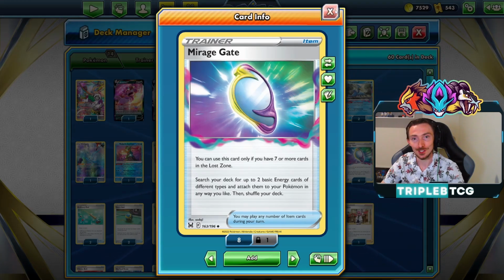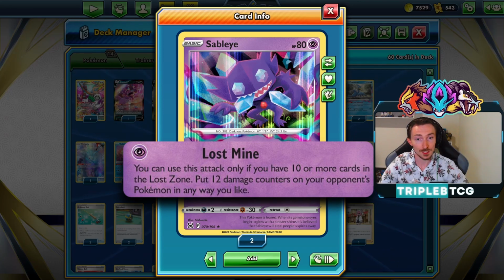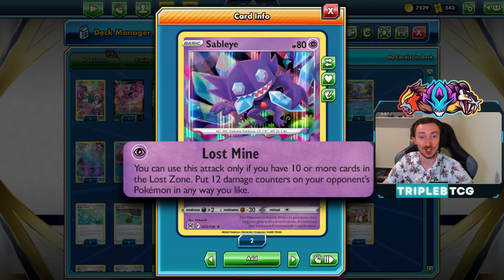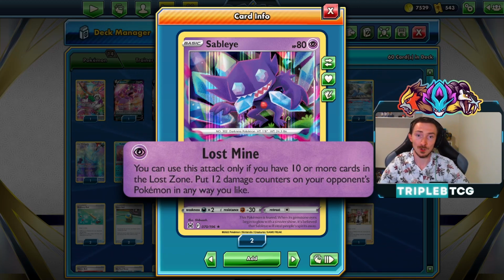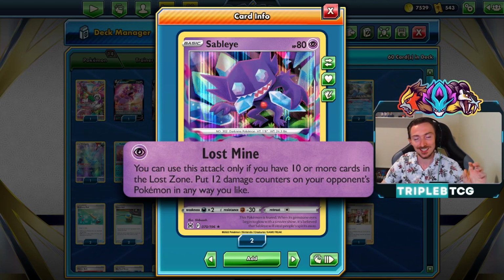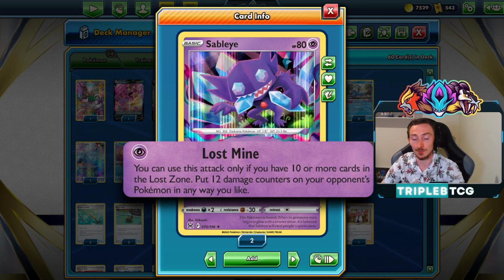Other thing that we're going to trigger off is Sableye. So once we've got 10 guys in the Lost Zone, we can use Lost Mine. You get to put 12 damage counters on your opponent's Pokemon in any way that you like. So maybe you just hit shy of a knockout with the Pokemon V earlier in the game, and you just need a little bit more. Sableye can help finish that off,